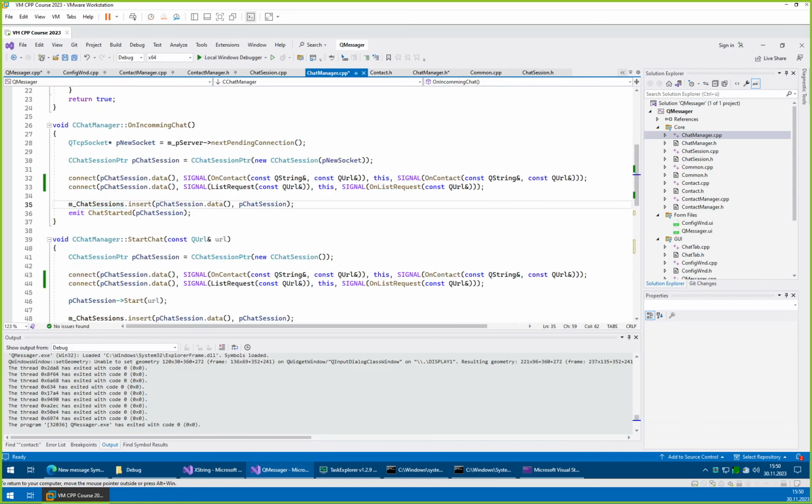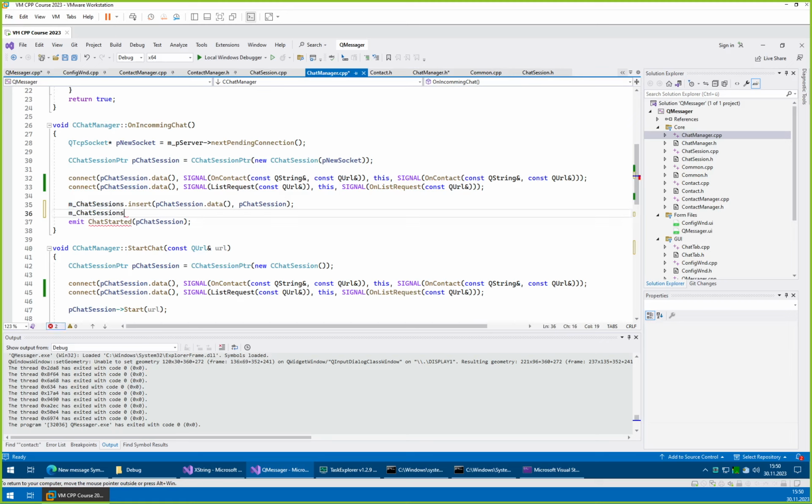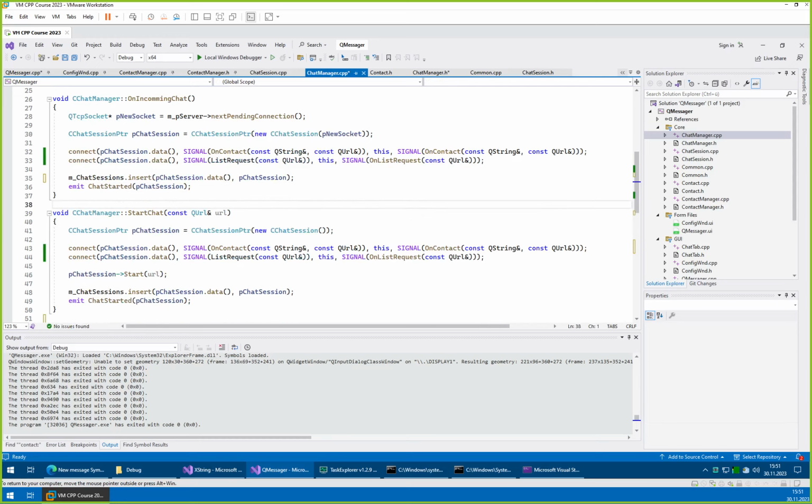So here, chat session by URL, insert. That complicates things, because we don't have the URL yet. We only get it once we get the port from the other side. We could change this to work by name, but then we have the same problem. So in this case we skip this. We'll add this later. Here we can add it because here we have the URL, comma,